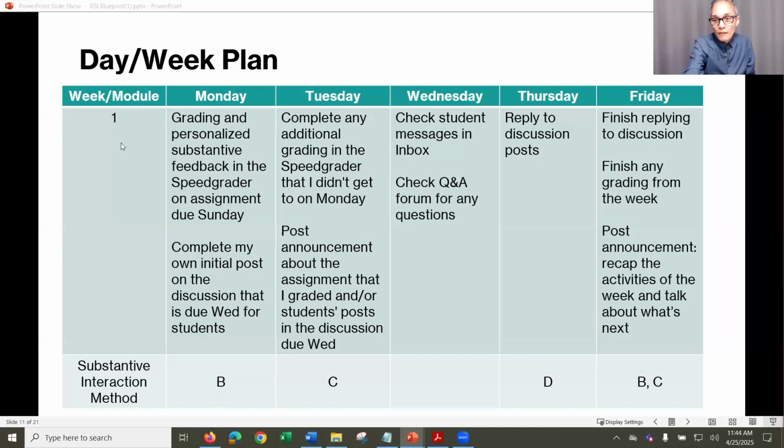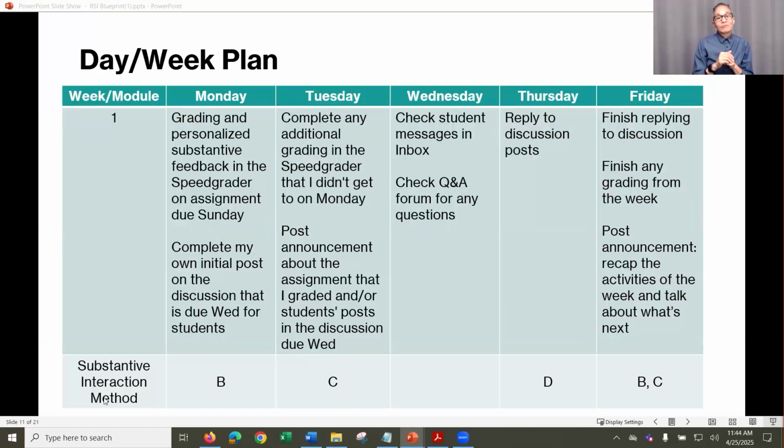So each week, if I'm teaching a 9-week course, I can make 9 weeks. What do I typically do on a Monday? I send an announcement or I open assignments that are due Wednesday or Friday. I have a discussion board where students participate. Just list your interactions and what it is that you're doing that week.